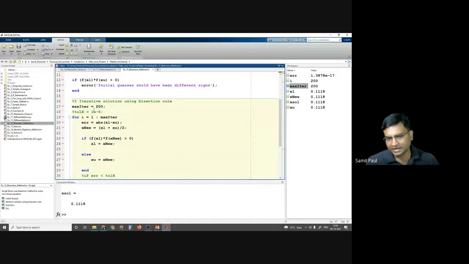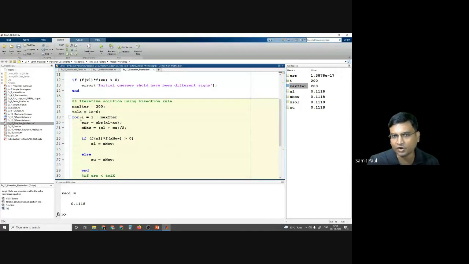Whenever the error is satisfactory, I am satisfied with the result, and then I can stop. In that case, instead of running it for a fixed number of iterations, I can use a while loop.